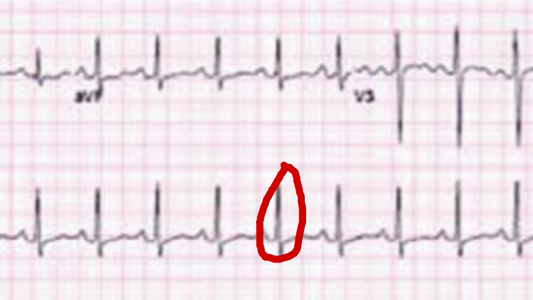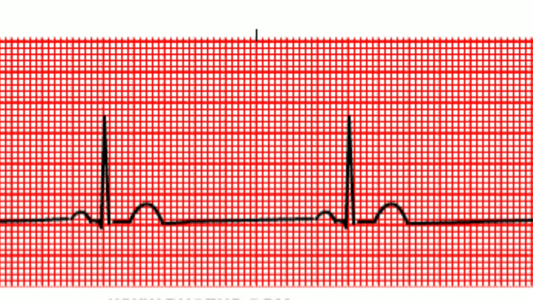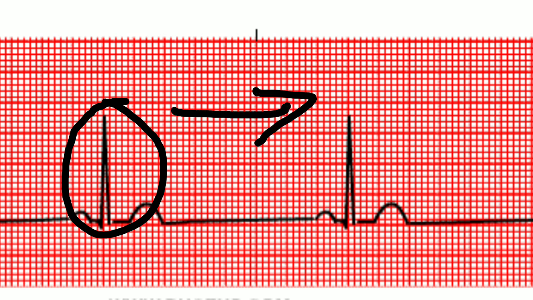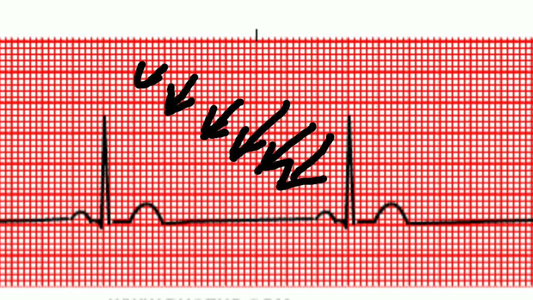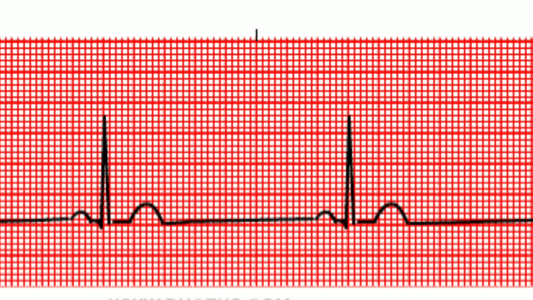Now take another example of an ECG where we see the heart rate is less than 100. First we selected a reference R wave, then on the left side of this reference R wave we have another R wave, and in between these two R waves we drop the digits on the thick lines: 300, 150, 175. So it is falling somewhere less than 100. This is how you can use the fourth method to calculate the heart rate.